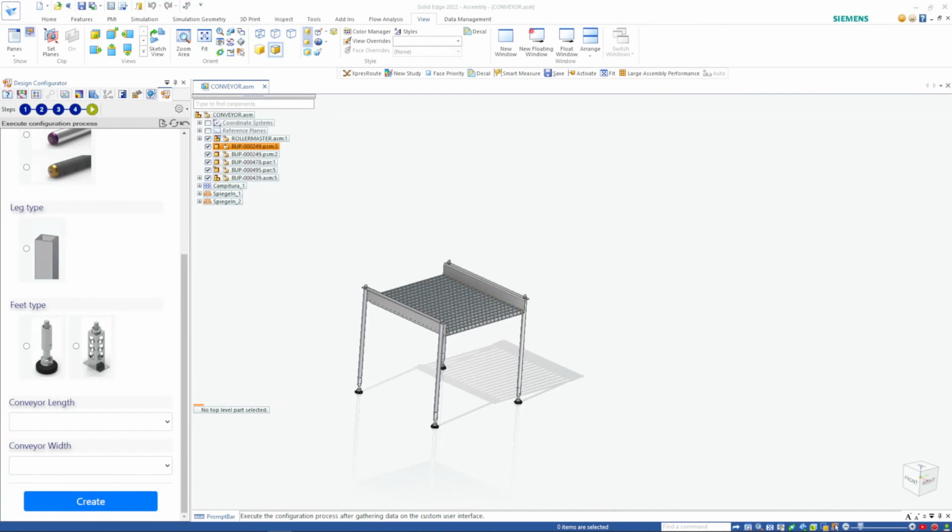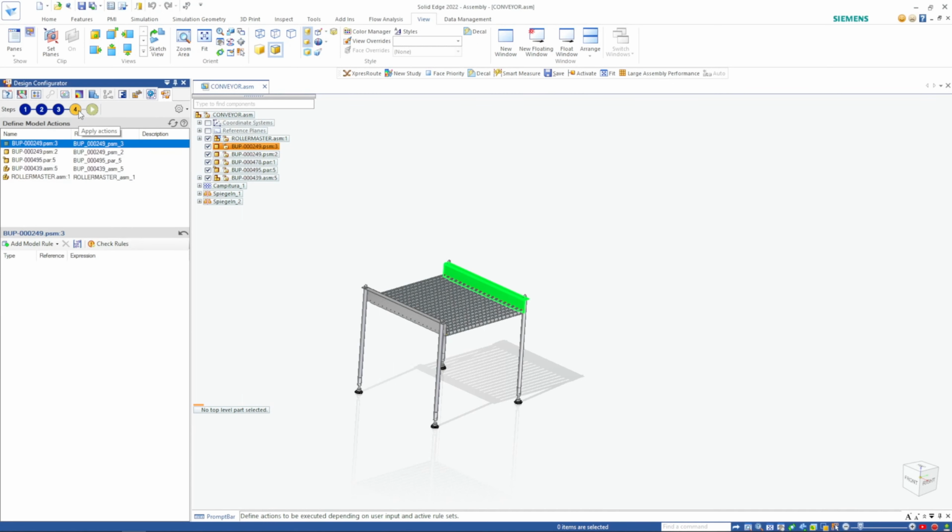So now let's move on to the next step, which is step 4, where you define your model actions. Here you'll see two different tabs. The first one shows you all the components that take part in your design configuration. With this you have the ability to change the order of the components based upon the priorities. Just for the sake of convenience, I'm going to set my part here,